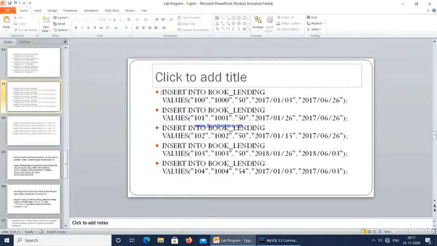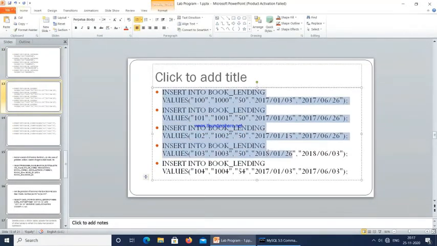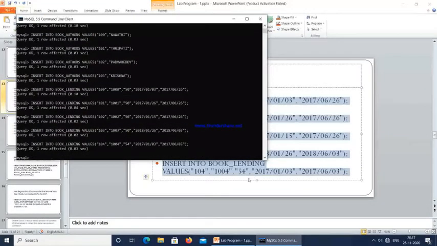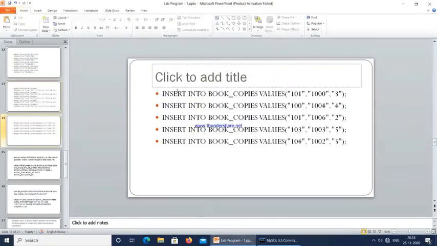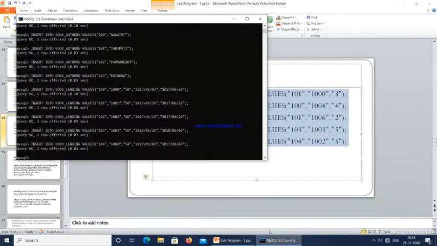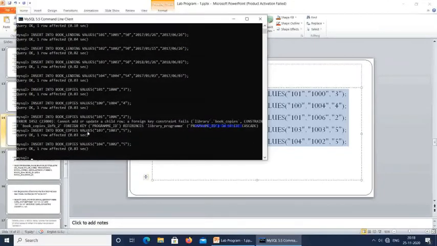Next we'll insert values into the book lending information. Inserted. Next the book copies, how many copies you want, that we are going to insert.